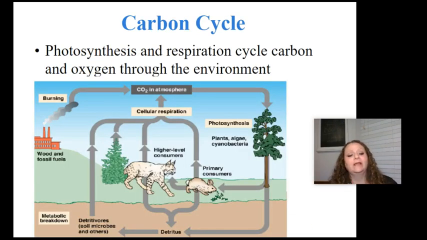Okay, carbon cycle. Again, the carbon cycle is a little bit more complicated. We've actually talked about it already, but essentially, the carbon cycle is the way that carbon is going to move through the environment and through the organisms in there, and this is primarily driven by cellular respiration and photosynthesis. Now, we have to include things like burning of fossil fuels, which also releases carbon dioxide into the atmosphere, but so does cellular respiration.